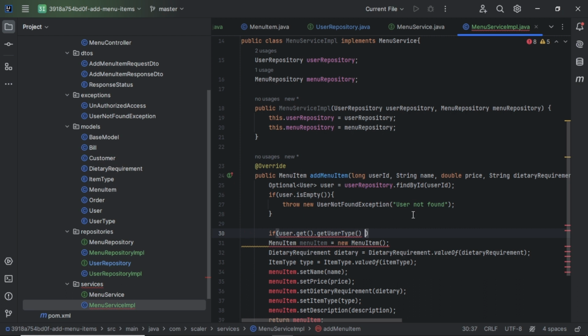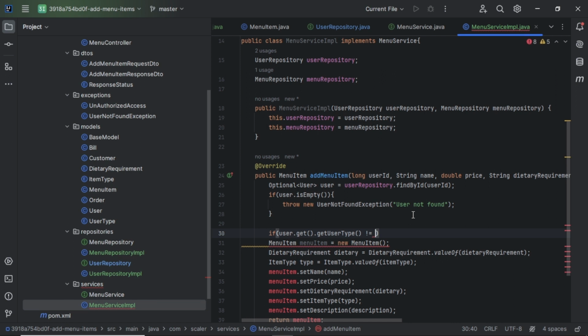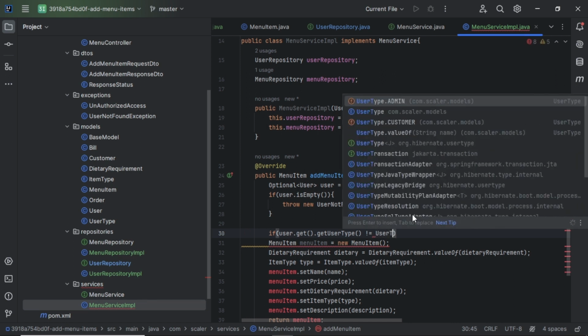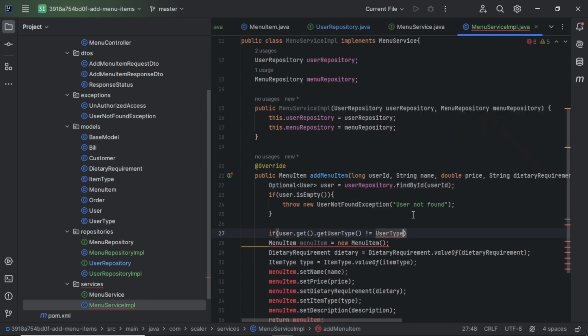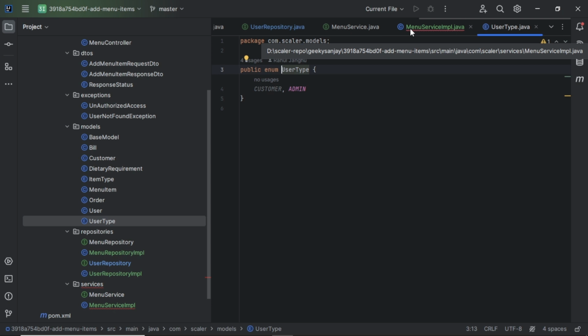Now we check not equals to, and we already have a user type with us. Here you can see UserType dot admin. Where is this user type present? You can see here it is already there, the user type class. Inside of this class we have two user types, one is customer and one is admin. So we will use this enum instead of hard coding a string there.